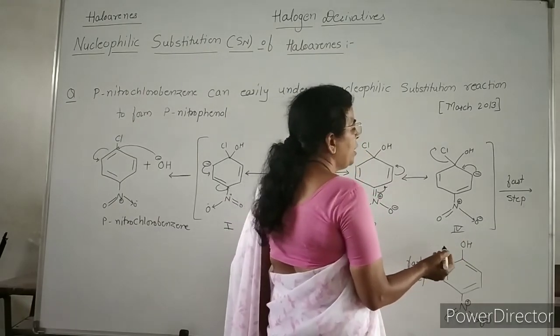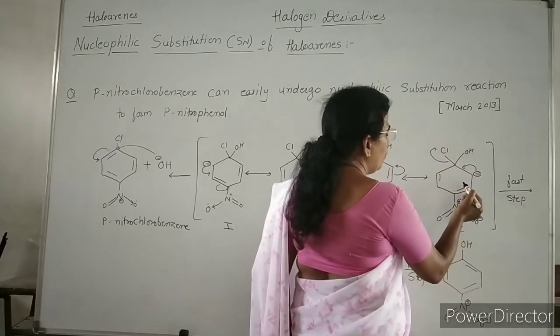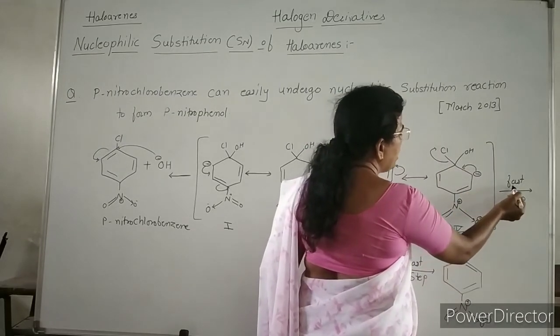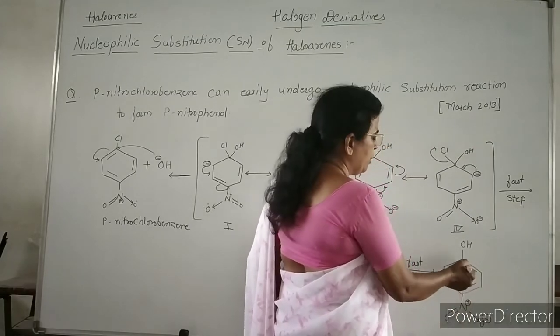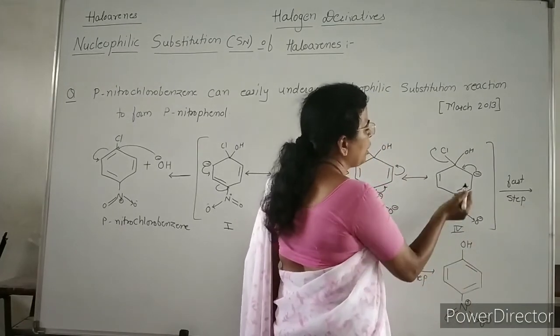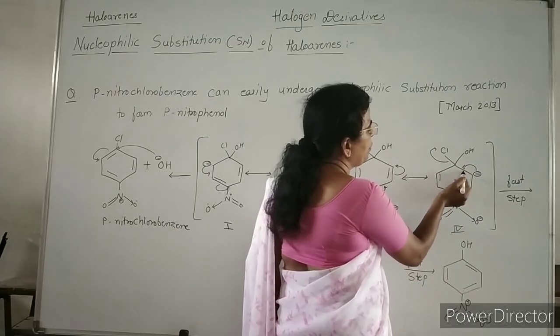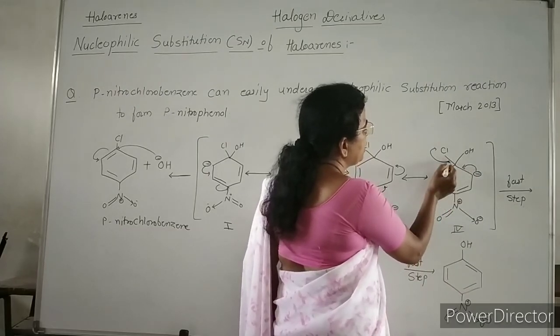And then this fourth resonating structure quickly converts into para-nitrophenol. This is para-nitrophenol. How does this occur? This electron pair gets shifted in between these two carbon atoms and then this chlorine is